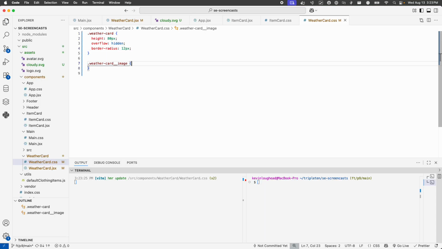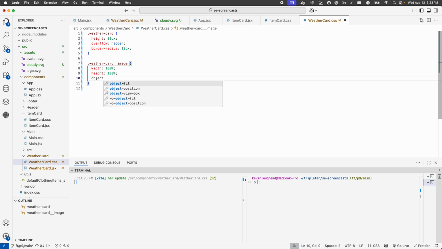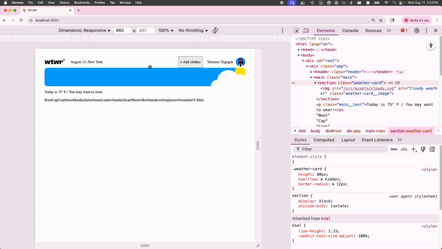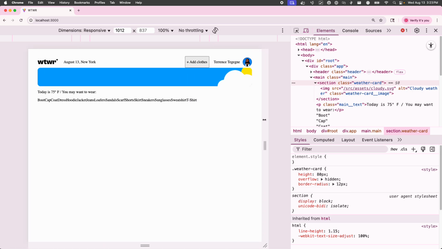What were these styles? Width 100%, height 100%, which in my previous implementation was not necessary, so I don't know what's going on with that. Object fit cover, object position right, and I am going to do right top. Yeah, all right, great. There's one thing missing from this component, and that is the text and a bit of